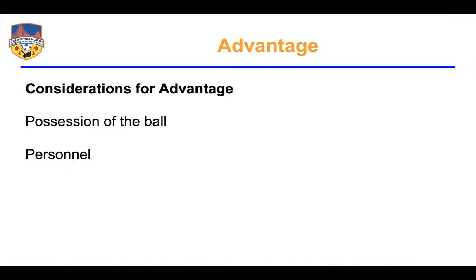The second involves personnel. And when I say personnel, I mean both attackers and defenders. We want to look for where there are numerical advantages. So if we have a 2-on-2 or a 3-on-2, attackers with more numbers than defenders, then we might have a scenario where advantage is present. If it's 4 defenders and 1 attacker, probably not a very good advantage. So we probably don't want to think about that because there's not much that attacking player is going to be able to accomplish when he's going against 4 defenders.